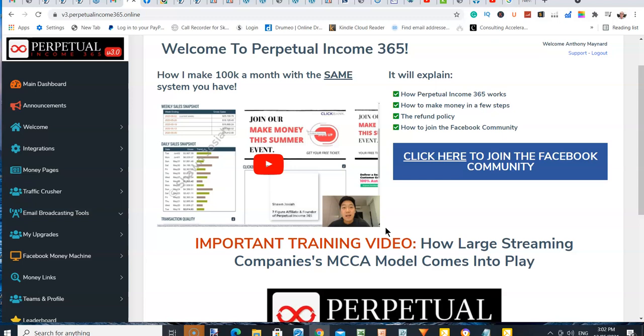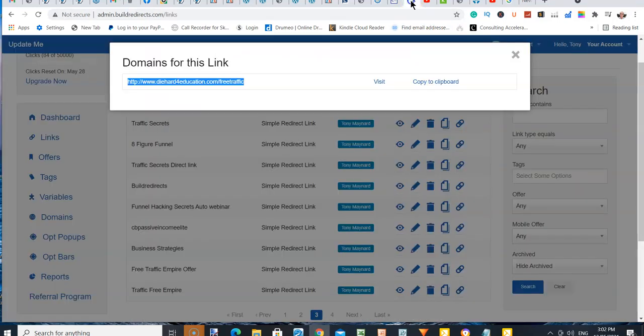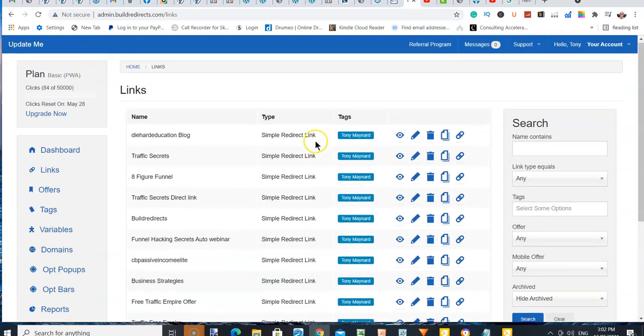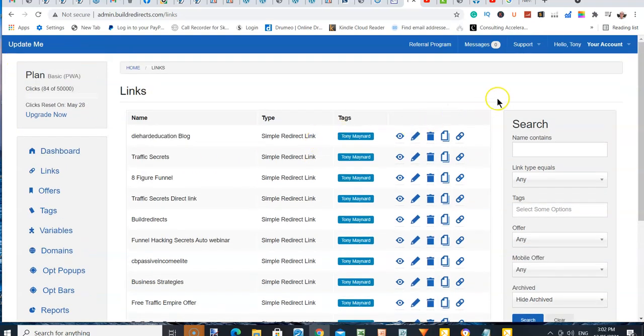And then I've got a tracker, which I use, and I've done a review on it. Oh, here it is. This is the tracker I use.